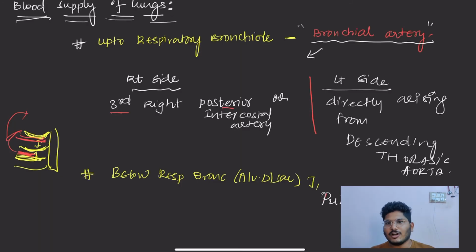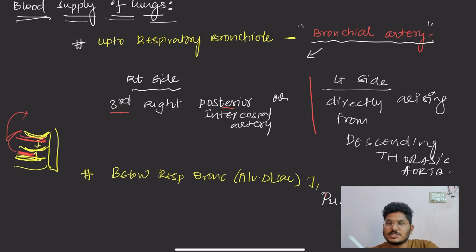Something about the blood supply of lungs. We discussed everything right now. Something about the blood supply of lungs. The lungs are mainly supplied by the bronchial artery. The pulmonary artery and pulmonary vasculature are for oxygenation purposes, but the main blood supply of the lungs is